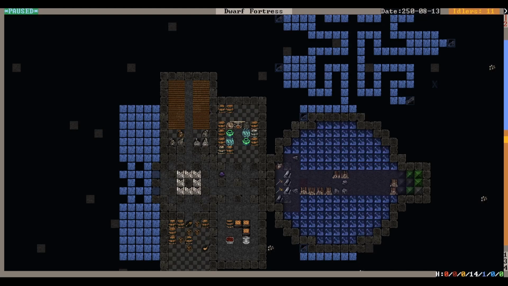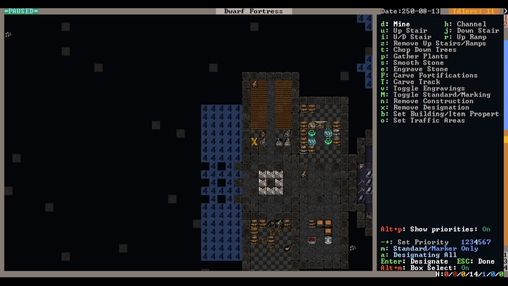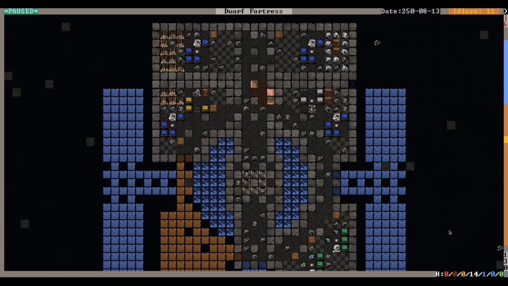Let's think about where do we want to put this stuff though. Well, since this is our kitchen area and our farms are in here, seems only natural to continue this way. So let me actually also designate this area in here to be dug out. At the same time, as a last thing before I unpause, I would like also to be busy making stone